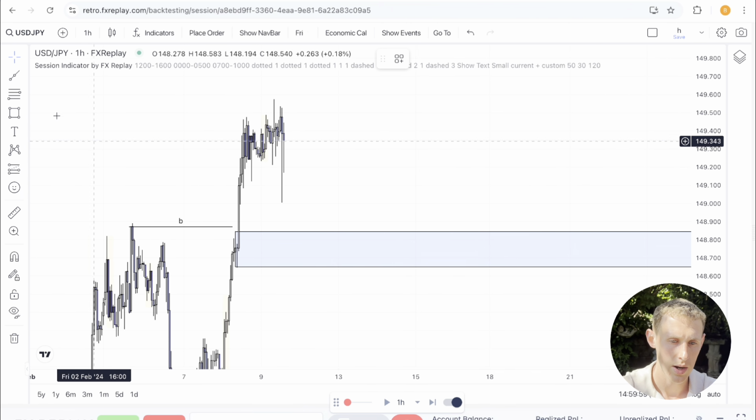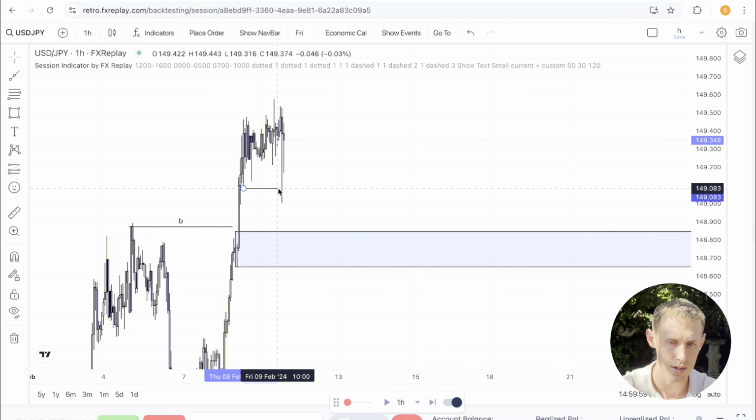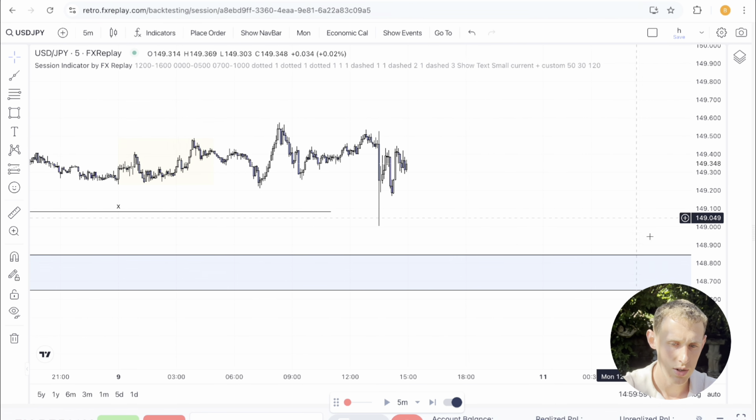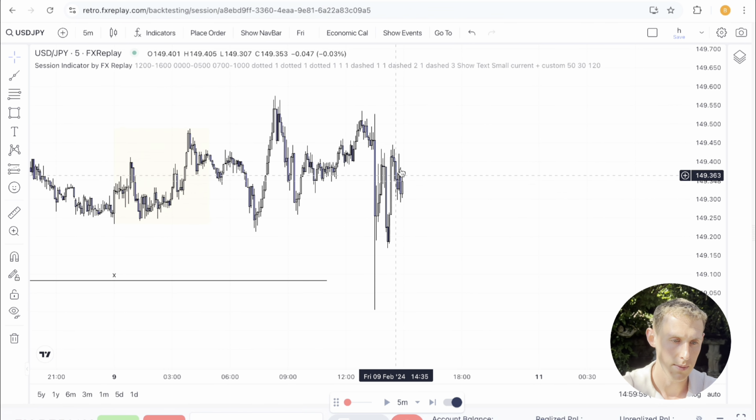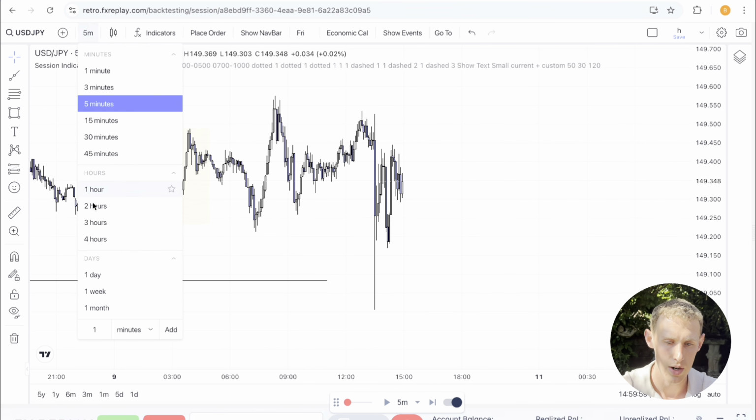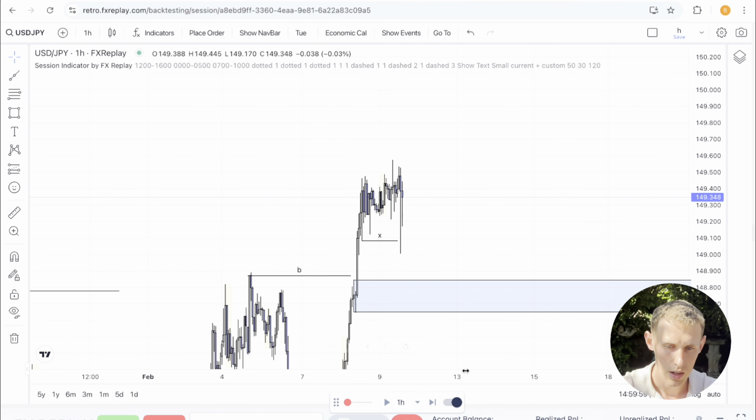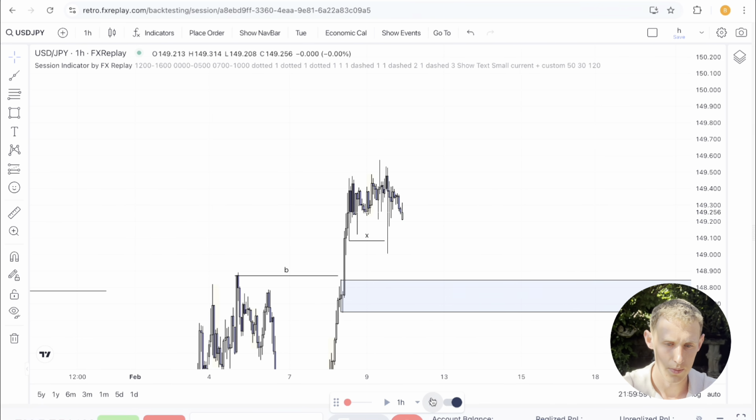Maybe this actually. So we've kind of had this consolidation. Price pushes down, sweeps these internal lows, and you can see it starting to react from there, quite a lot of bullish momentum coming in from there as well. In terms of entries, there's not really anything here because there's not any 5-minute structure, so this is going to be a no trade anyway. So if we just keep playing price on,